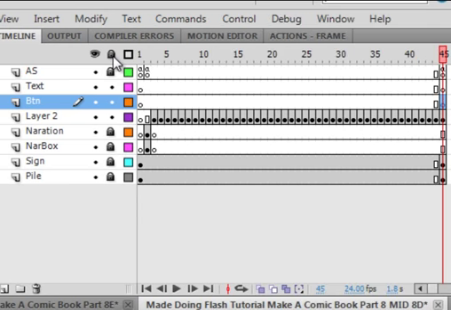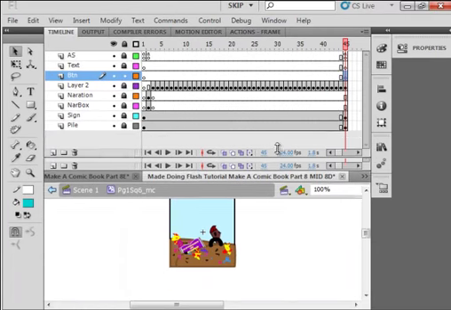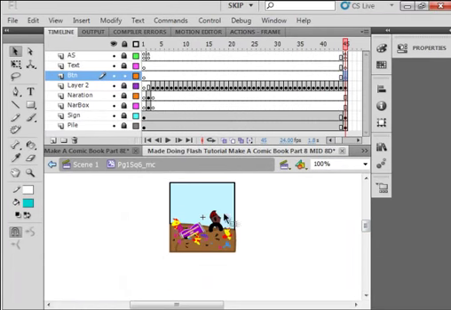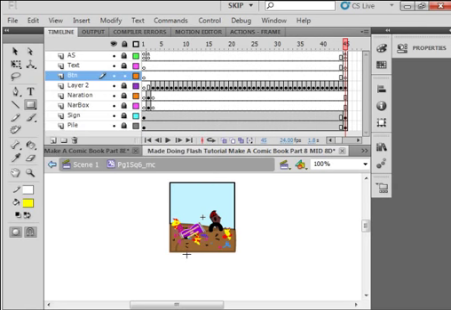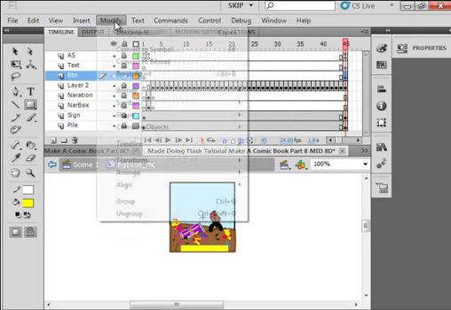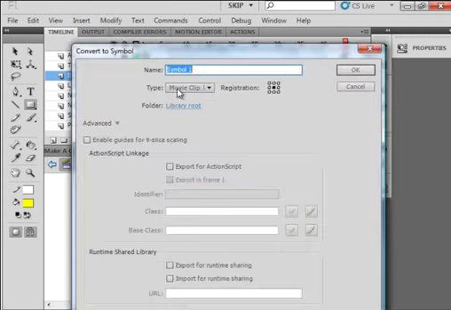Lock all the layers. Let's unlock the button layer, select it, and let's put a little button in the bottom of this. So pick up your rectangle tool, and whatever color you wish. I'm going to go with a yellow, I guess. I'm going to put a yellow here, and right here, put the yellow tag. While it's highlighted, modify it, convert it to a symbol, make sure it's a button,